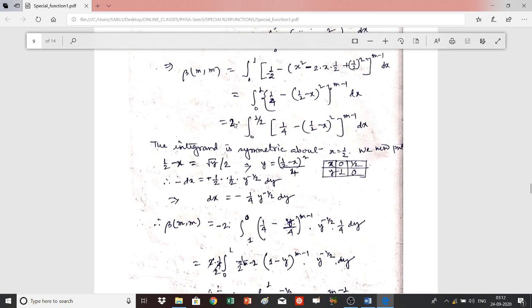So no problem if you write this in this fashion, 2 into 0 to, no problem there. So 1 minus x is equal to root y by 2, you have taken it, and from here y can be written as (1 minus x) whole square by 4. So dx from here can be obtained as minus dx is equal to